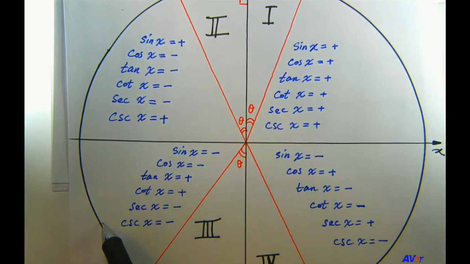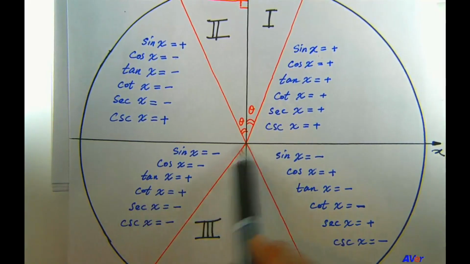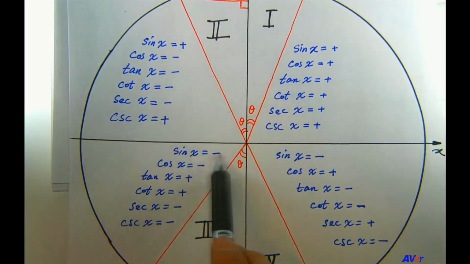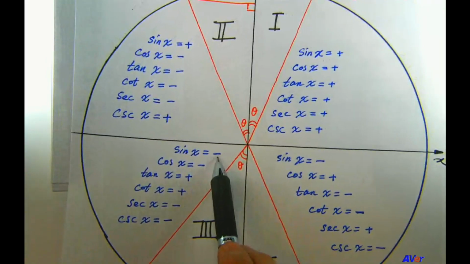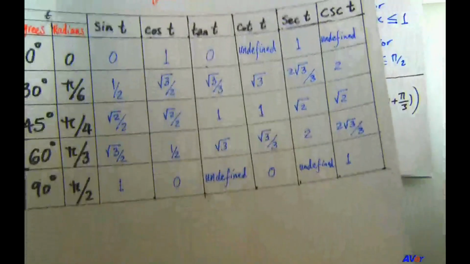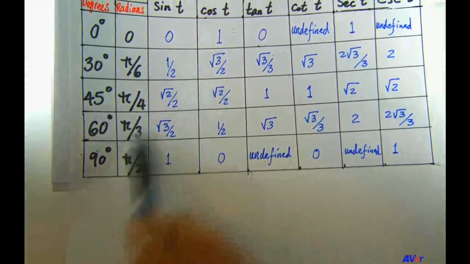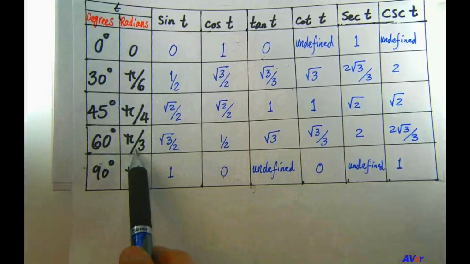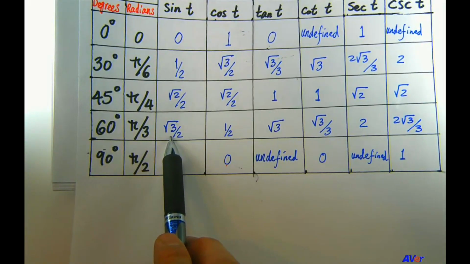So 3 pi plus pi over 3 is going to end up in the third quadrant, where sine of x is negative. So we're going to calculate sine of x. It's going to be a negative value, and it's going to be square root of 3 over 2, right? That's pi over 3. Sine of 60 degrees, or pi over 3, is square root of 3 over 2. But we are in the third quadrant. I just showed you, right?